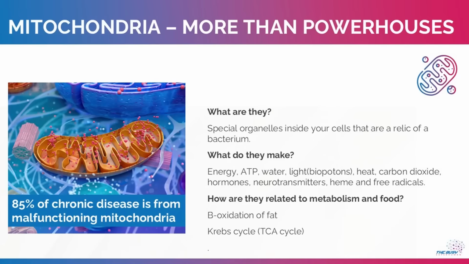They also make hormones, namely pregnenolone being the most important for making our sex hormones. So that would be things like testosterone, estrogen, progesterone. But they also make some neurotransmitters like melatonin for themselves, and also some dopamine. They make heme too, which is a cage-like molecule, which is important for holding molecules like iron, which are very reactive. And also mitochondria make free radicals, which are very important signaling molecules, but when in excess, they can be harmful or damaging.